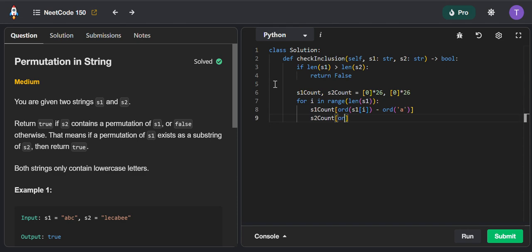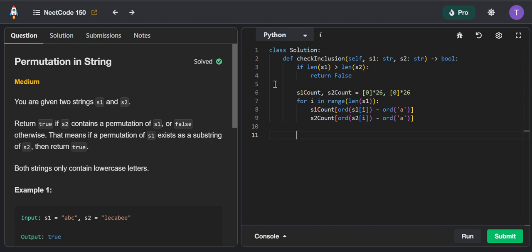We are going to take the ASCII value of the string 2 this time, also at index I, and we're going to remove the ASCII value of lowercase a. All right, so at this time we have our initial array set up,